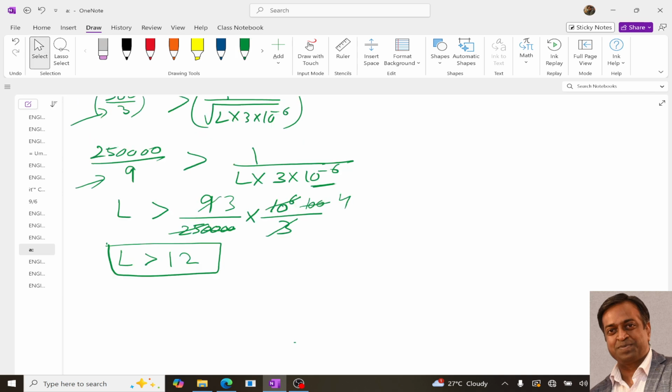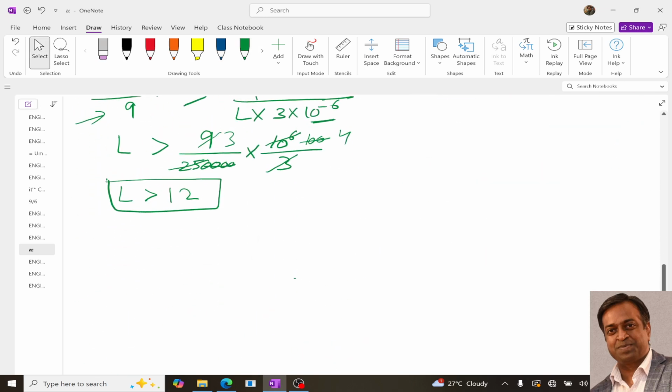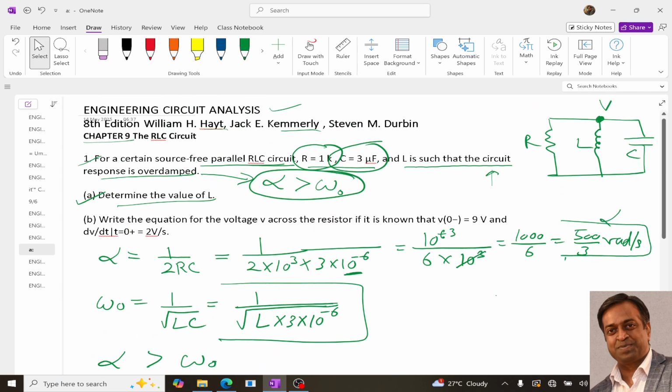Since in the question it is given that we need to determine the value of L, the range is L greater than 12, and we can take any value of L that is greater than 12. So let us take the value of L as 16. The reason I selected L as 16 is just to keep the calculation simple for the second part. The second part says that we need to write the equation for the voltage across the resistor